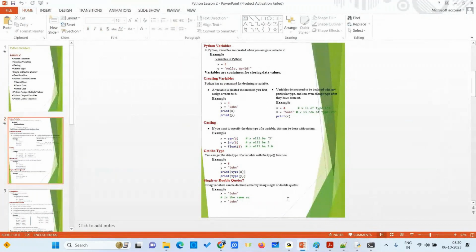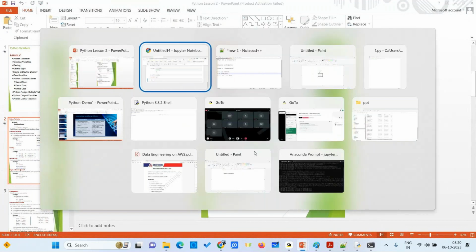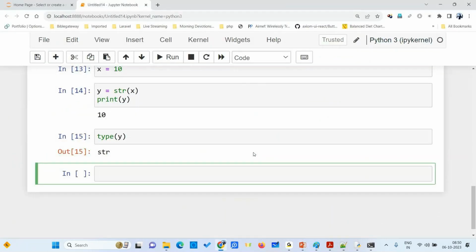Like that we can also use float or int. Again, if you want to convert that into integer type, we can take here z is equal to int of